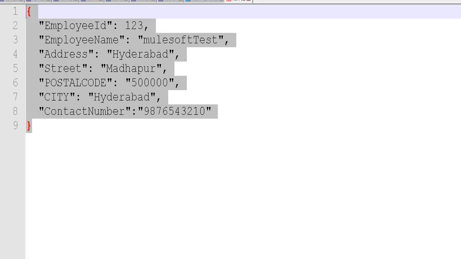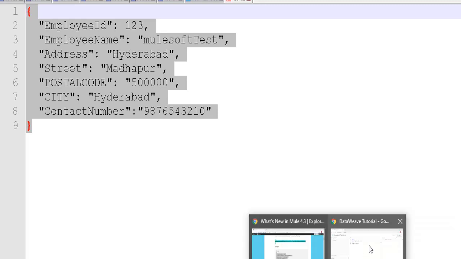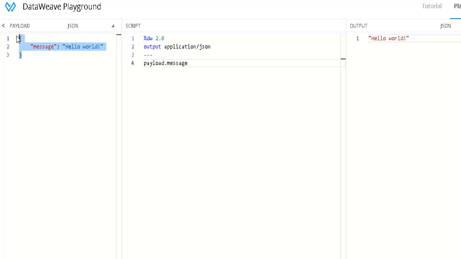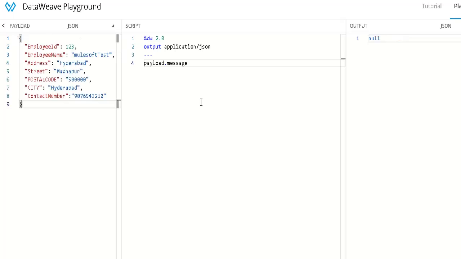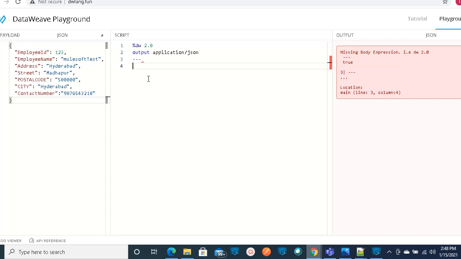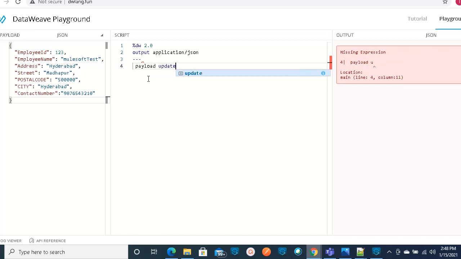I'll just copy this example. Instead of the default value, I'm replacing it with my own. So we need to use the update operator in this way: payload, and provide the keyword update.